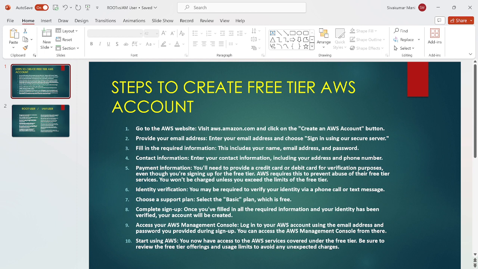Then once you have done that, you may be required to verify your identity via phone call or text SMS, which is specifically attached to the phone number you have given as part of that. So once you have done that and everything is fine, then you have to